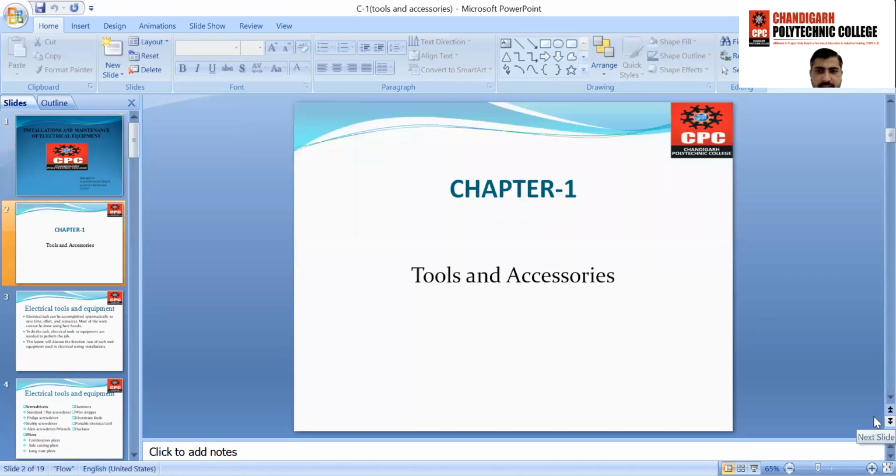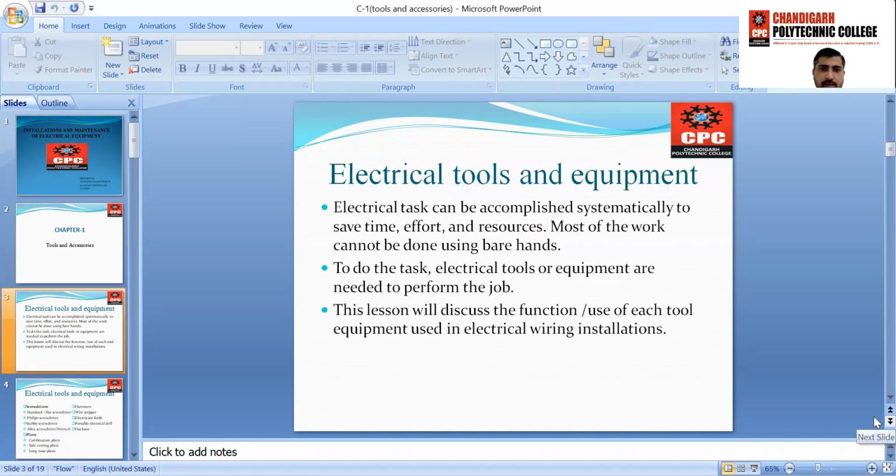Students, in this lecture, we are studying about the tools and accessories used for electrical installation and maintenance. Electrical tools and equipment let any electrical task be accomplished systematically to save time, effort, and resources.